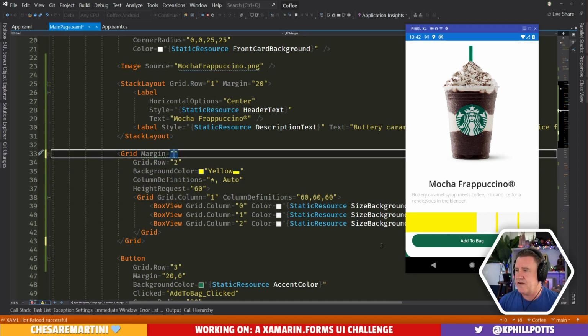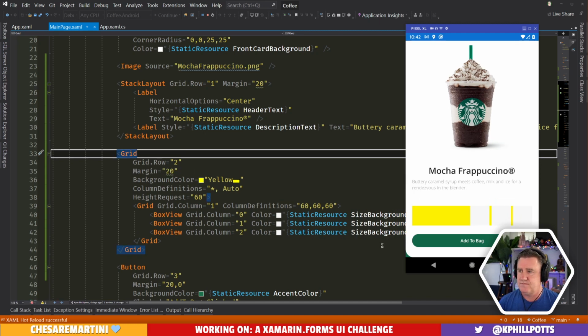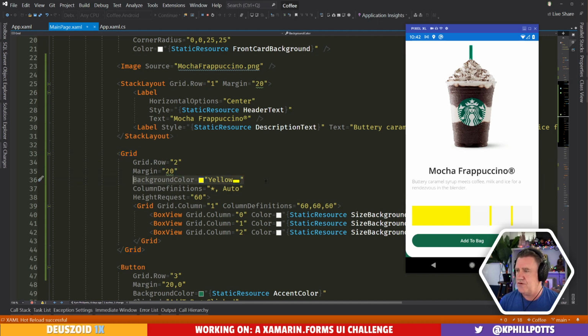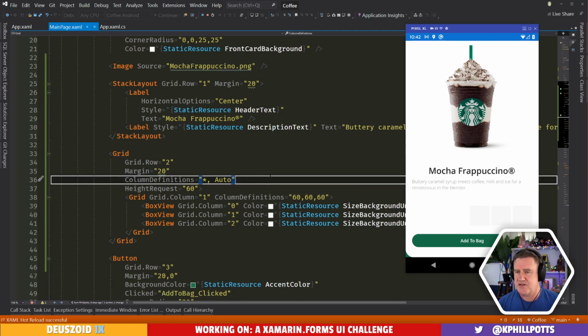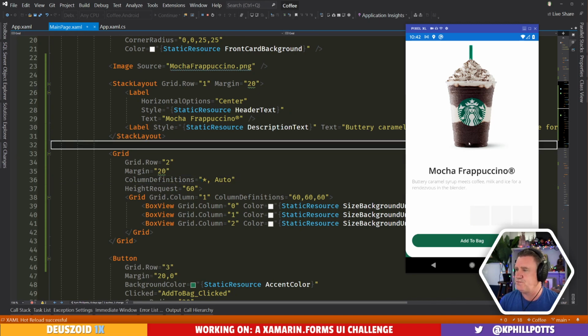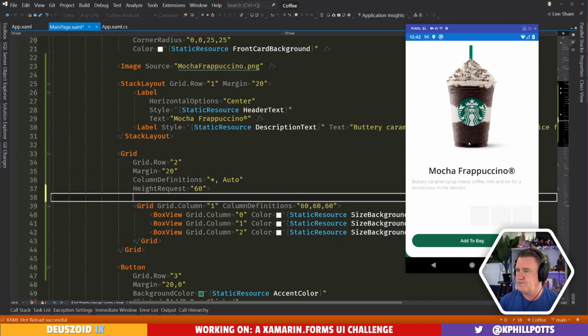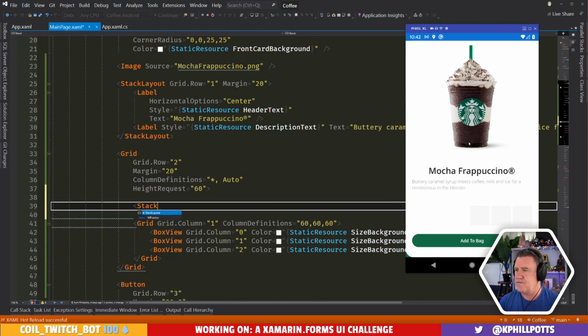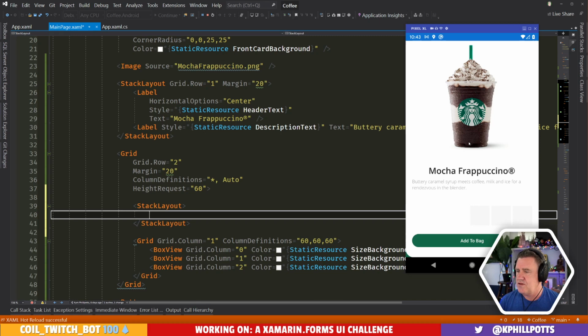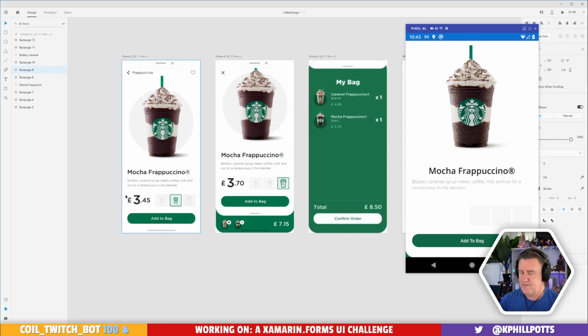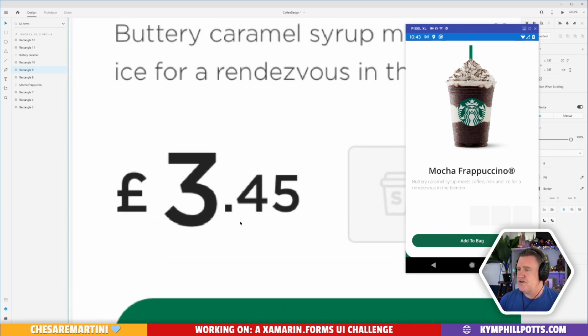Let's add a little bit of spacing around that. Okay, that'll look a bit better. Beautiful. Why don't we actually move this to using rectangles? But actually, before we do that, what I'm going to do now is add in this bit of text here. In order to do these different sizes, I think we're going to have some different labels. Okay, but we'll turn this into a control later on.